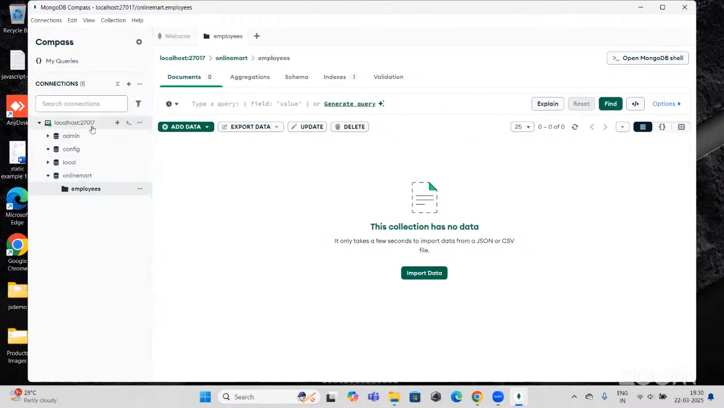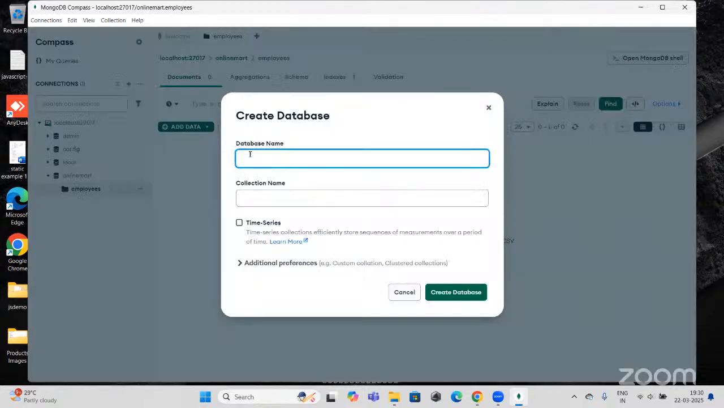See this on the right side, localhost. Once you logged into the Compass, here you see localhost 27017, and on the right side a plus symbol is there. Click on that plus symbol. It shows the tooltip, create database. So once you click on create, you can create any number of databases, because